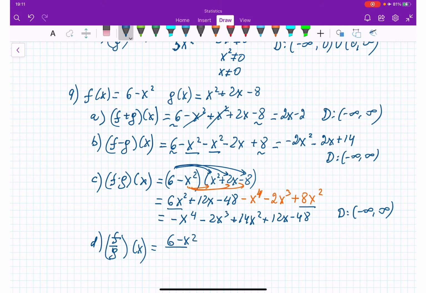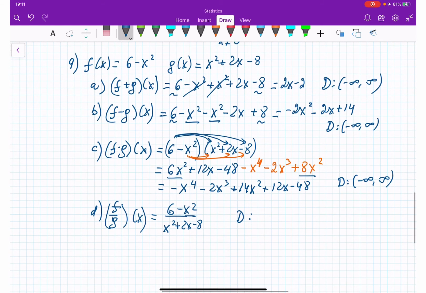In the denominator, it's going to be x squared plus 2x minus 8, which means I'm going to factor it. Can I factor it? No, it's not going to work. So therefore, we are just leaving it like that, and the domain is going to be,